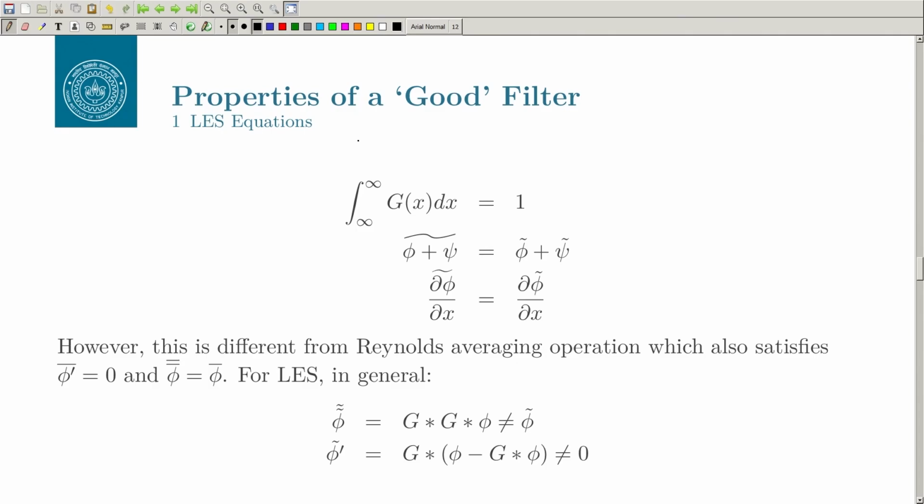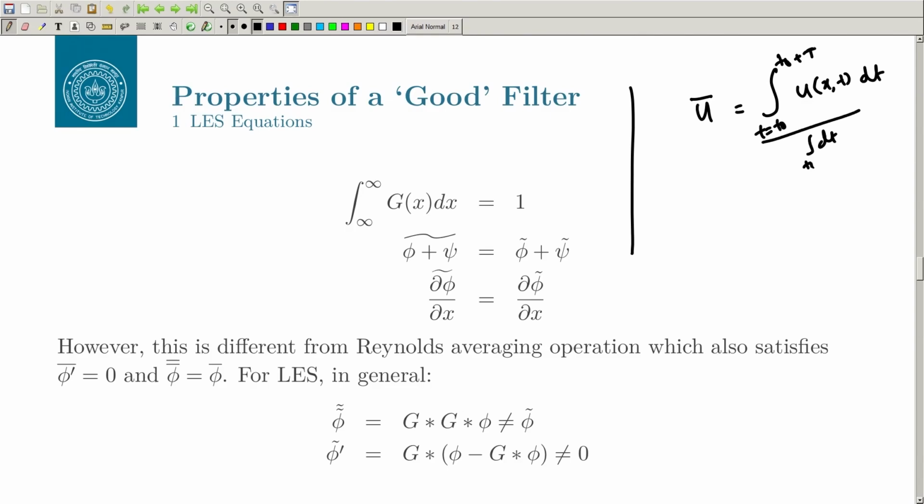right. So, what were the properties of the Reynolds operator? For example, if you have a mean. So, what was the Reynolds operator? If you think in terms of incompressible flow, in Favre we had the rho also, but in the incompressible flow you basically had the integral of u dt, starting from t naught to t naught plus t, divided by t. So, this was our Reynolds average or the time average,